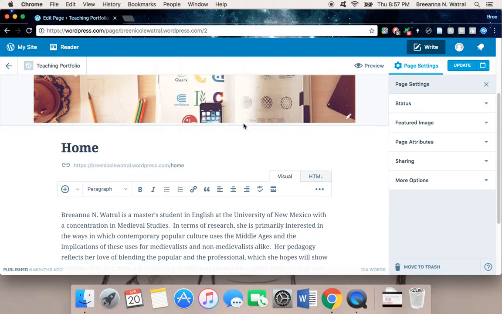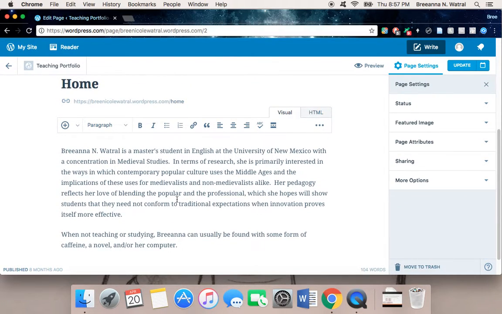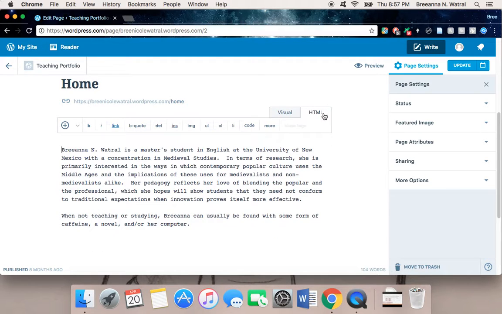That's something that you can do for any page. Just in case you're not familiar with it, the text editor is pretty standard. You have your bold, italicizing, link, block quote, different alignment type things. So if you want to mess with that, it should be pretty straightforward. If you wind up with something that looks like this, then